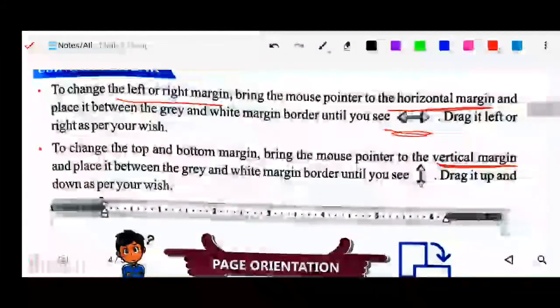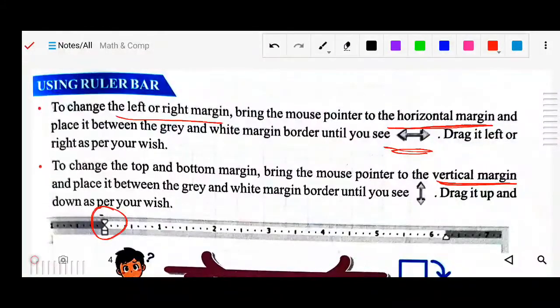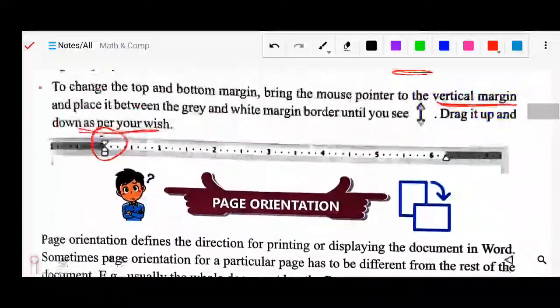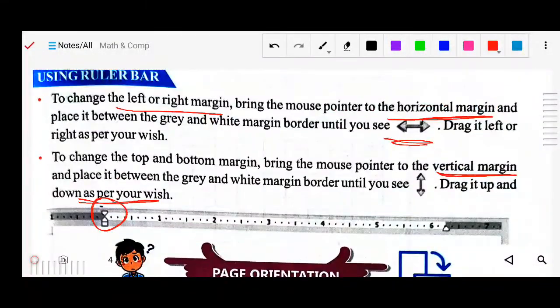Here you can drag here or there, so you can adjust. Okay. Now, this is one of the methods to change the margin of your page, by simply dragging it. This is the scale actually from there. In MS Word you will find two sides, one on the upper side and one on this side. So you can adjust from both sides.